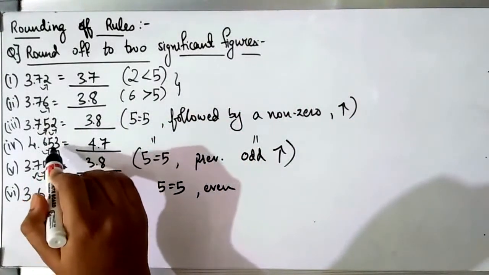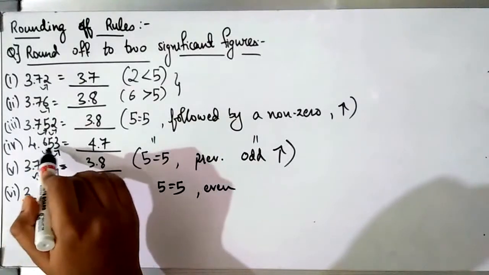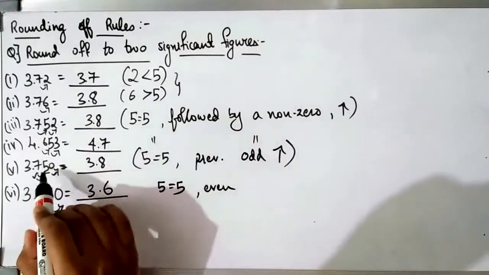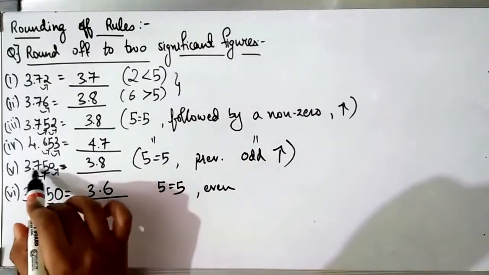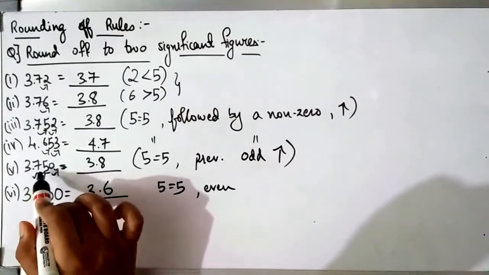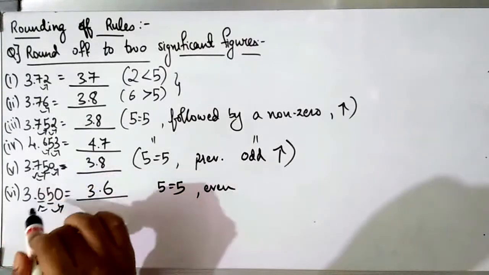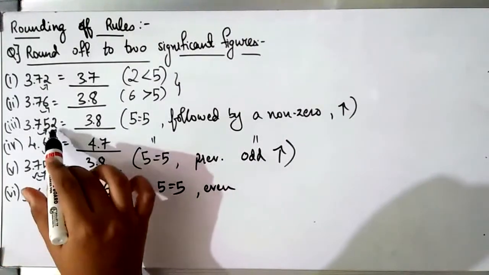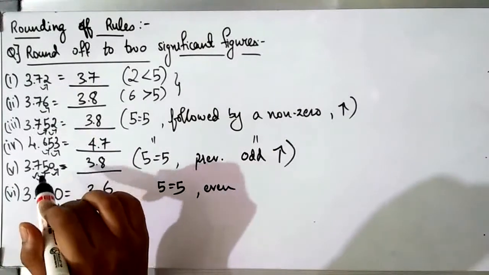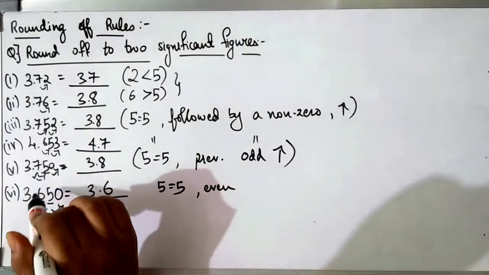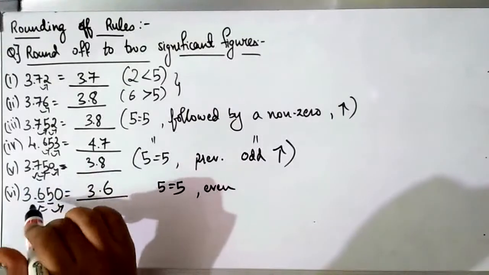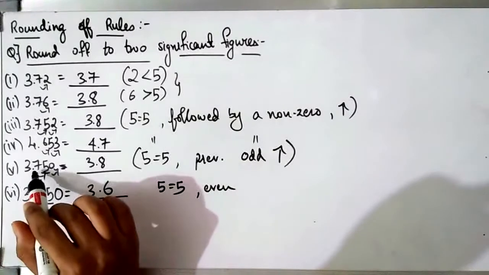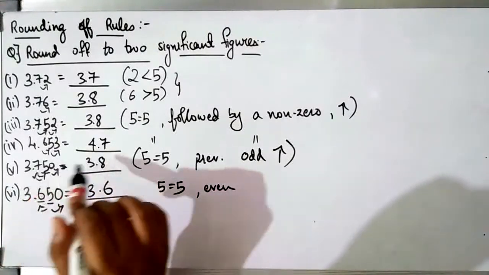Next one also we did the similar thing, that when we have got a 5 and that 5 is followed by a non-zero, that is 3, we had increased it. But when we get a situation like 3.750 where we have a number and then we have got 5, we are confused what to do. So we check the next number, that is a 0. Now again we are confused, if we have got a 0, what to do next. If we had a non-zero, we increased it. But if we have a 0, what we are going to do is we need to check the previous number, that is previous to 5, and that is 7. We are going to check whether the previous number is an even or an odd number. Now here the previous number was odd, and whenever we have odd number, we are going to increase it.